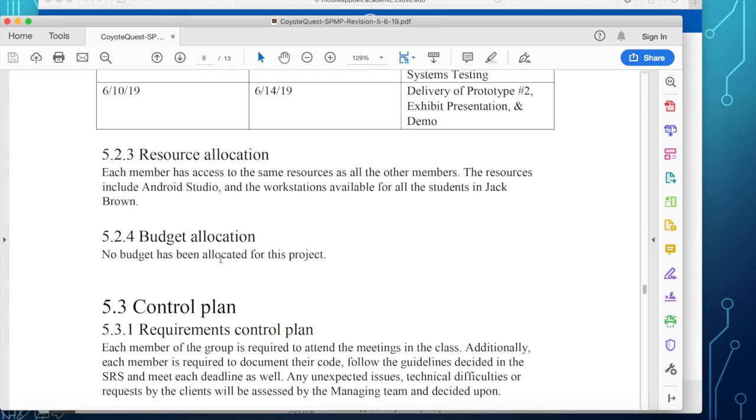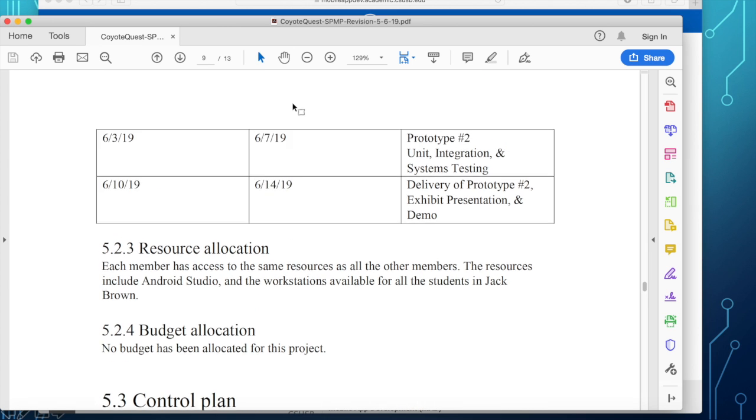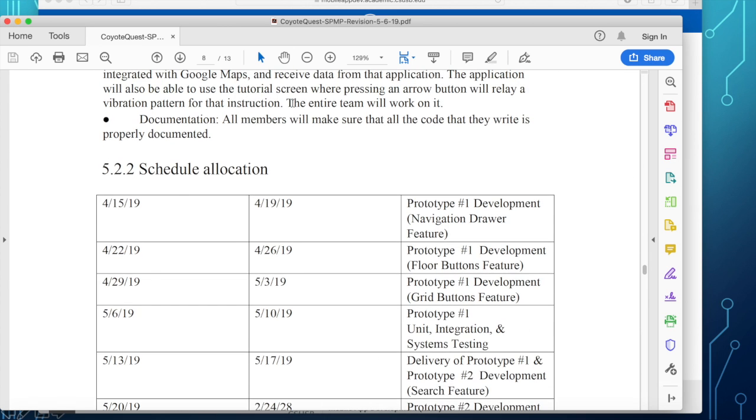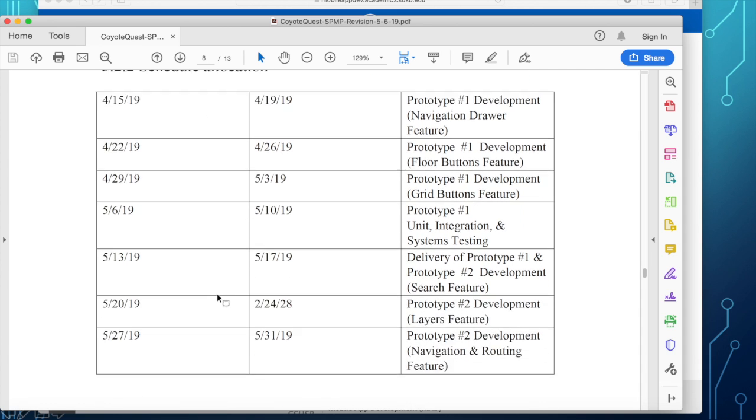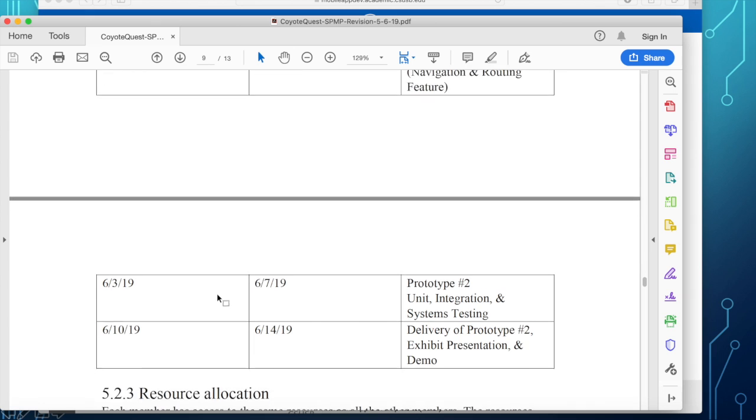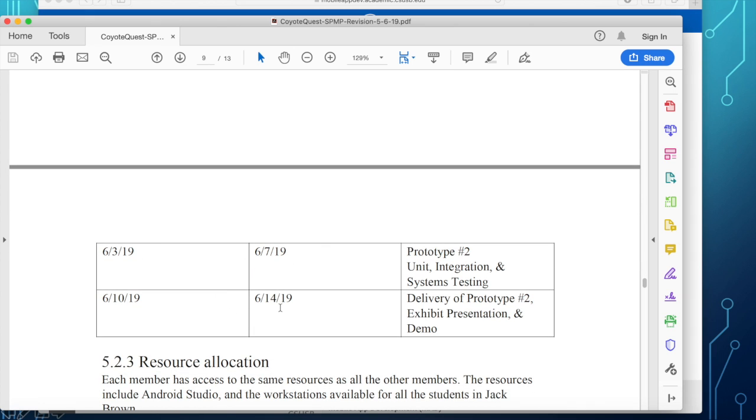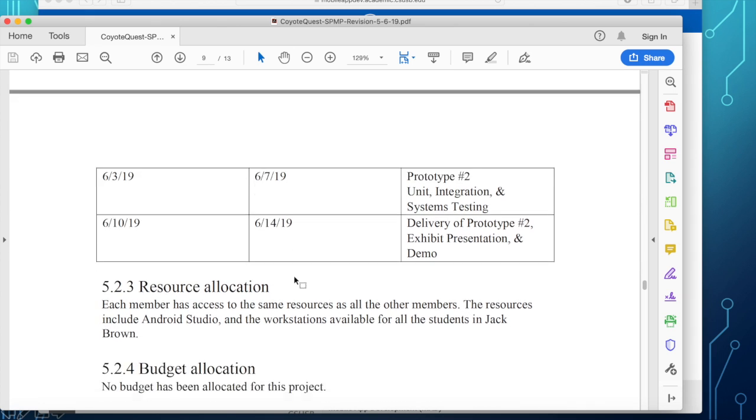Okay, you have a budget allocation. There is none. Okay, but if there is one, this is the place where you estimate based on the time. Here is the date that you're going to begin work, April 15 up to June 14. What is the budget that you need?